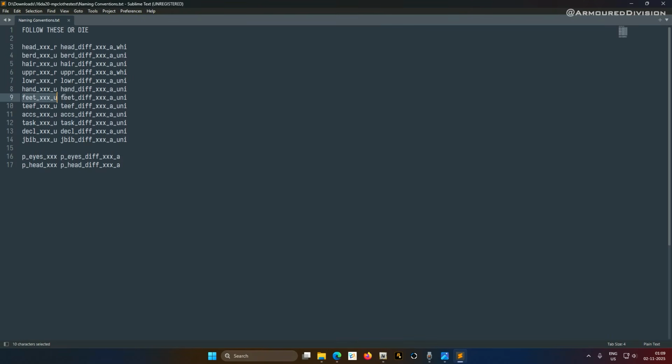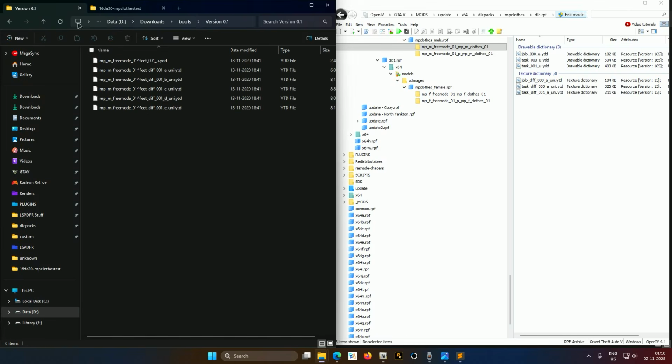Here is the naming convention for feet. Feet underscore xxx underscore u. And for texture, it is feet underscore diff underscore xxx underscore a underscore uni. But right here there is a prefix mpm underscore free mode underscore 01 and that thing. Now you have two choices, either rename every single one of these and remove it from the front,